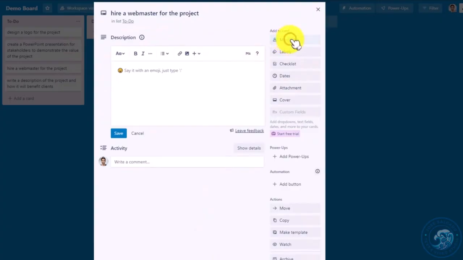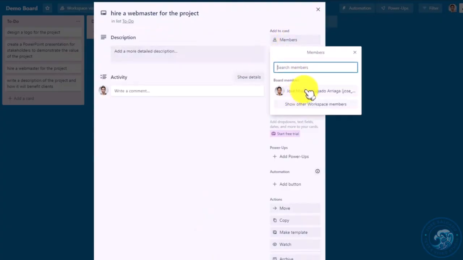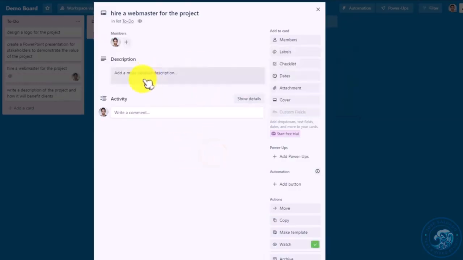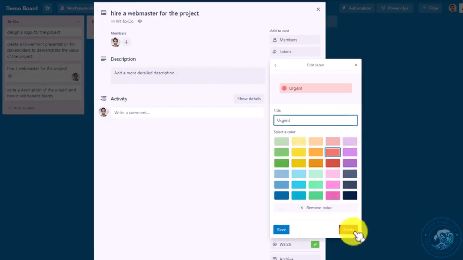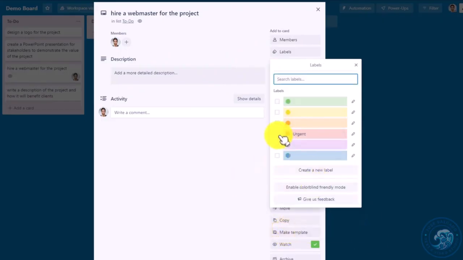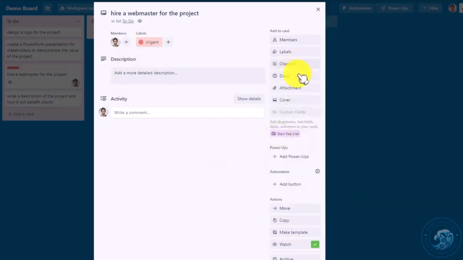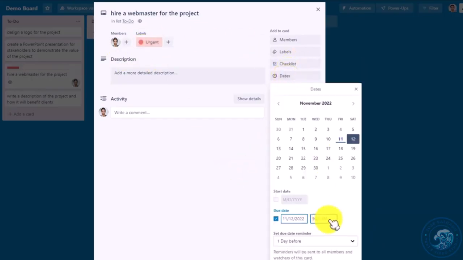And the first thing to do is to assign the card to a member. So right now, obviously, it's only me here on the board. So I'm going to select myself, but you can select the person who's going to accomplish the task, and you can add several people to do this, not only one. After that, I'm going to set the level of urgency. I'm going to put here that this is an urgent task. So I have added urgent task, and I'm going to add a date. I need that to be done today